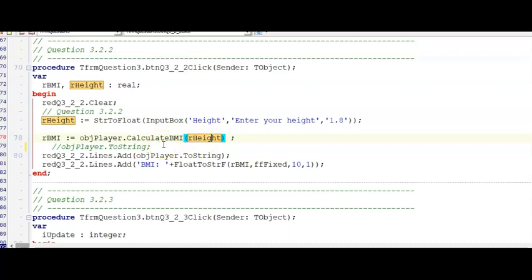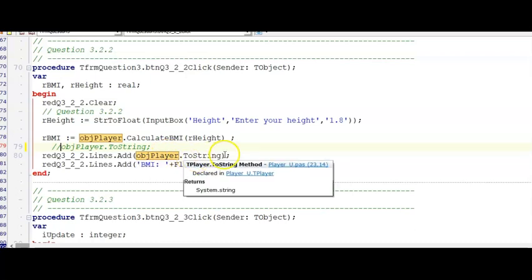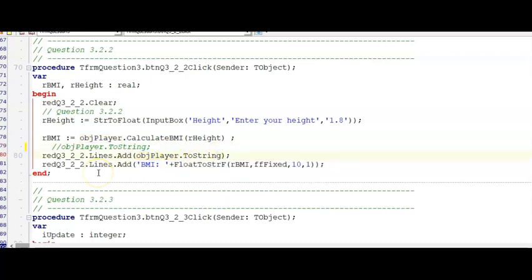Then we had to call our toString, and some learners just do this. That does not work. Remember, your toString is also a function and needs to form part of another statement. And our toString are usually called in objects like labels or panels or rich edits or show messages. So in this instance, we were asked to display the toString in our rich edit. So you use the name of the object, .toString, and that's all that needs to go into that line of